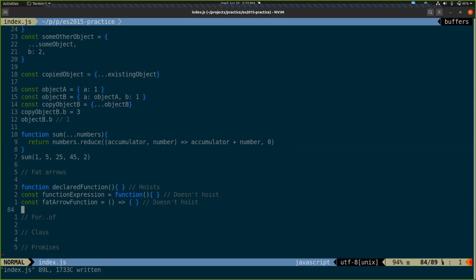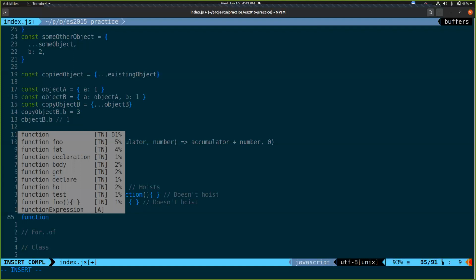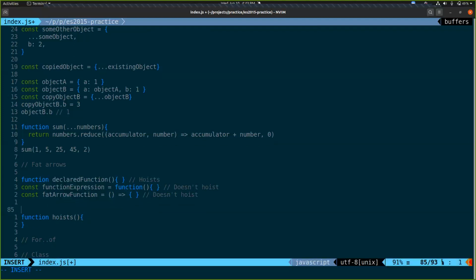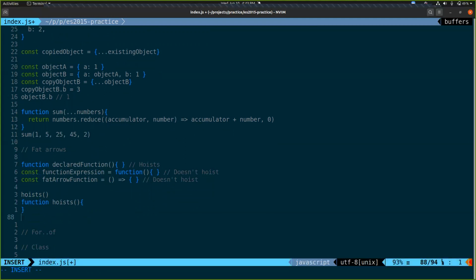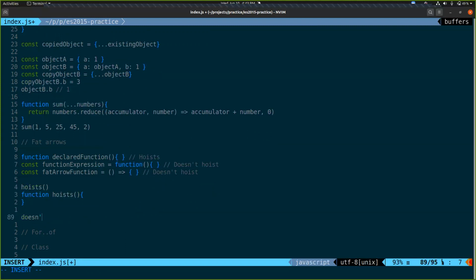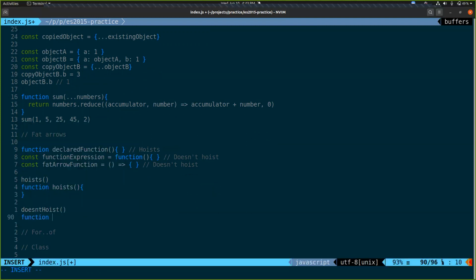Hoisting gets made out to be way more complicated than it is. Easy answer: a function declaration hoists, so we can use it before we define it.